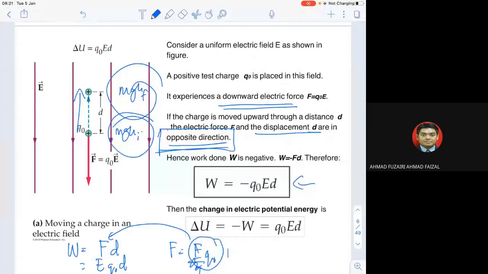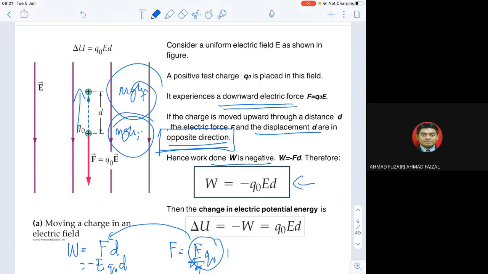But as I said in my previous explanation, in the previous slide, it stated that when we go against the gravitational force, the work done is negative, so we should put a negative sign. Therefore, now we have W equals negative E Q naught d. Then the change in electric potential is